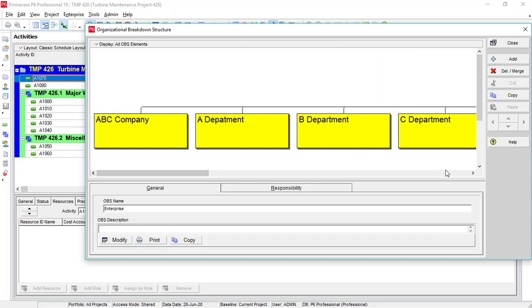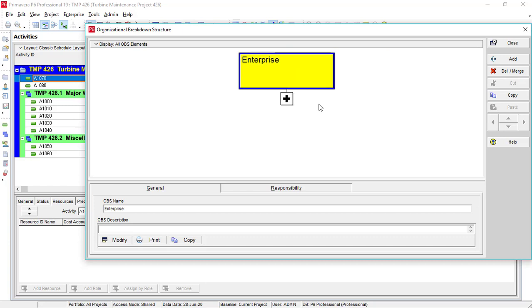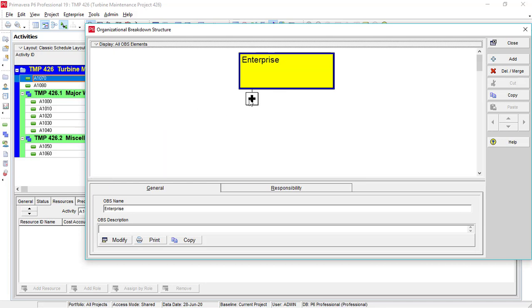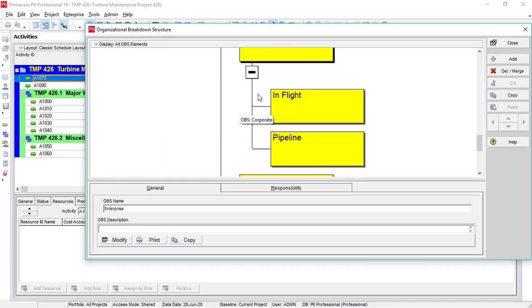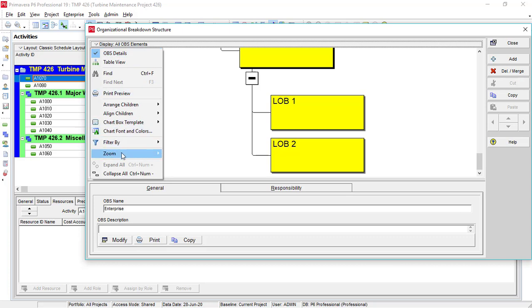If you click on this negative sign button, you can collapse all these OBS into one OBS. And you can see here the vertical arrangement. Again click on Display All OBS Elements, and you can see the filter.